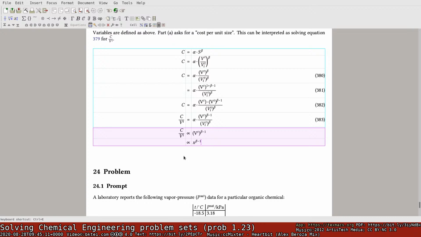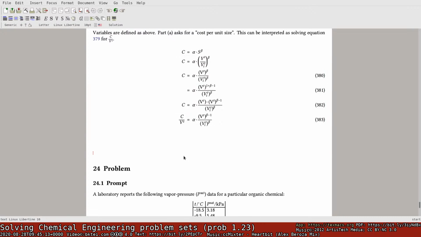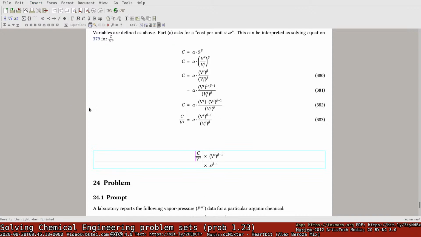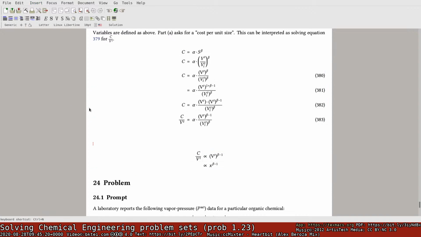Let's go ahead and pull that out and put that somewhere down here as an explanation. I think we're still going to use those proportional things, but